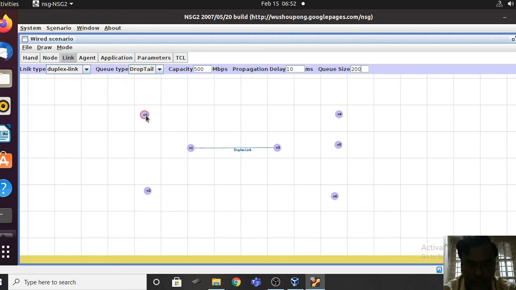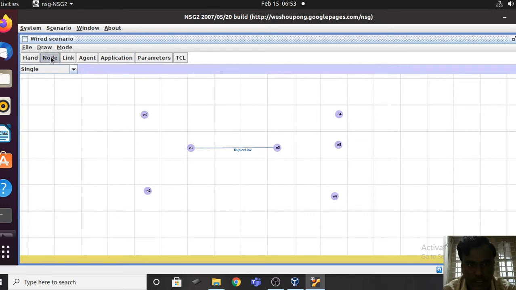After this I am establishing a link between the other nodes. Here I want to take one more sender first.